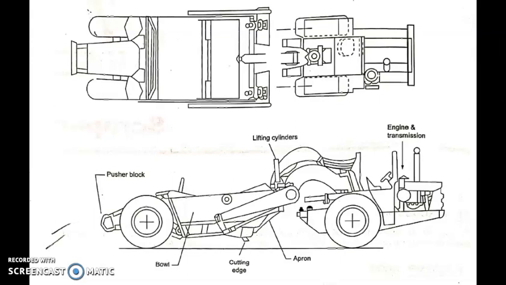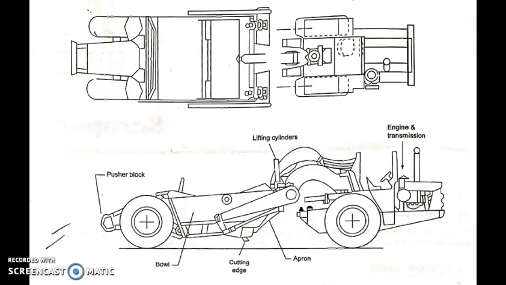Number two is the apron, which may be a straight or curved valve in the front of the bowl, which opens and closes to regulate the flow of earth in and out of the bowl. The movement of the apron is also controlled by a separate piston cylinder arrangement. The cutting edge is lowered into the dirt to make a shallow cut.